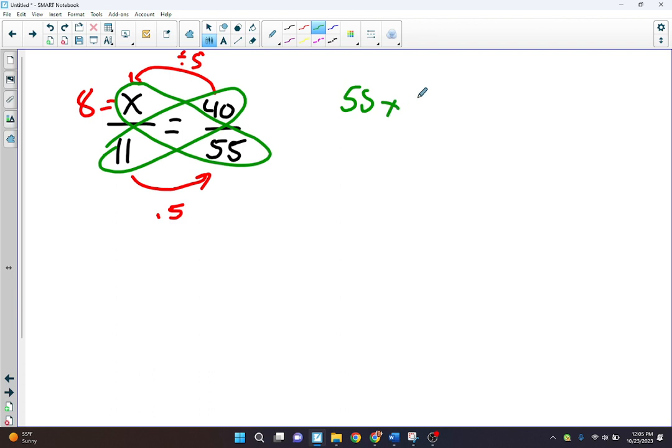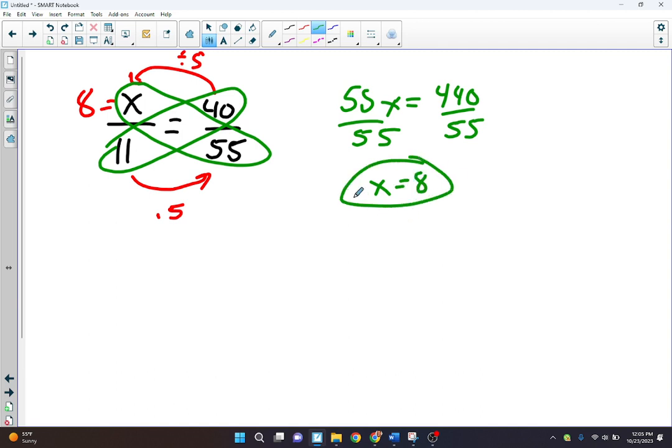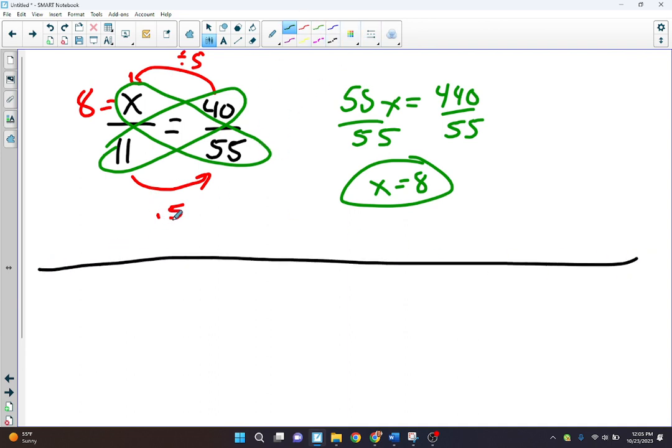So 55x equals 440, divided by 55 on both sides. 55 goes into 440 8 times. So x equals 8. Notice either way you do it, you will get the right answer. That is okay. Again, I suggest doing the cross multiplication. Cross multiplication is especially useful when you have full-on equations or expressions in it. So let's do